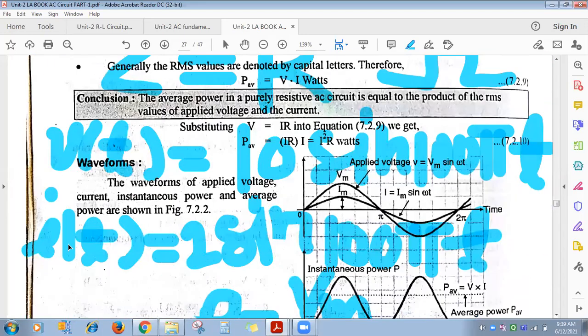Or like this, two instantaneous equations are given to you and they will ask you what the power factor is. So what is the power factor here? 1, unity power factor. Okay, so here phi is 0 degree and cos phi is 1. Power factor is unity. Suppose you get asked here what is the power consumed. How much is the power consumed?